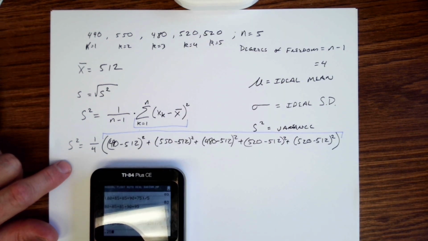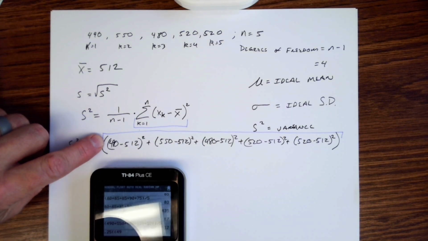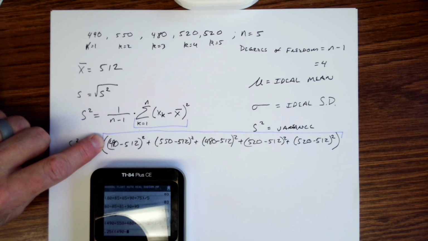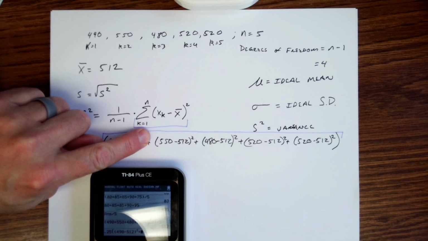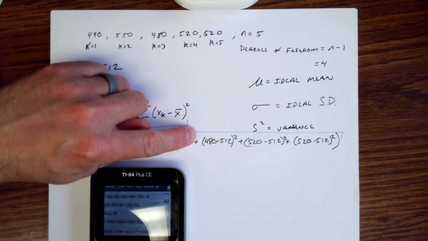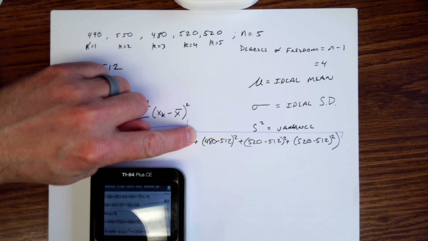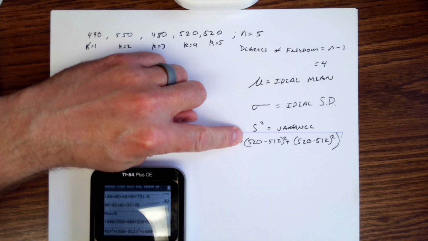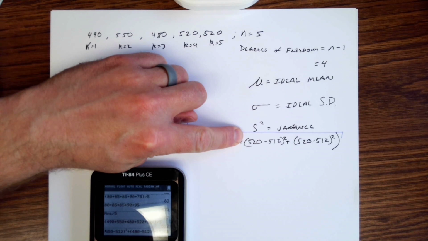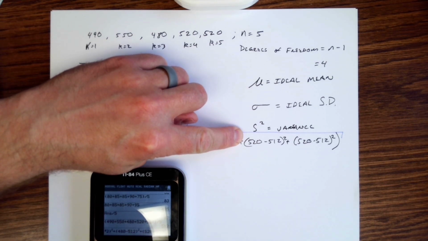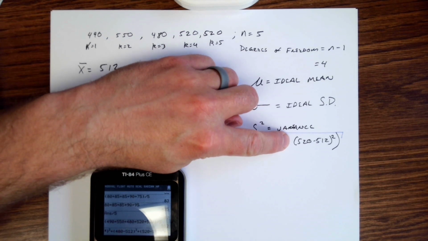So I'm going to do 0.25 times 490 minus 512 squared plus 550 minus 512 squared plus 480, need to put my parentheses in there, minus 512 squared plus 520 minus 512 squared plus 520 minus 512